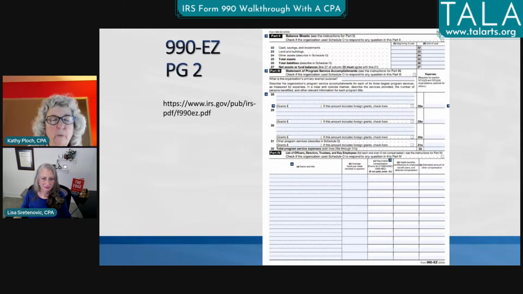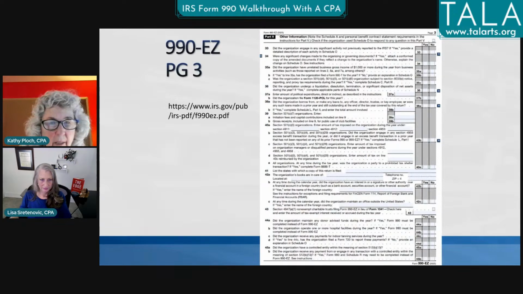So that's what's kind of weird. If you have a fiscal year that is anything other than calendar, and you had salaries on page 1 that we talked about, you've got the salaries from July 1 of 25 to June 30th of 26. That's not going to be the same dollar amount that you have for that person's 2025 W-2. So it's not going to match. So just remember that.